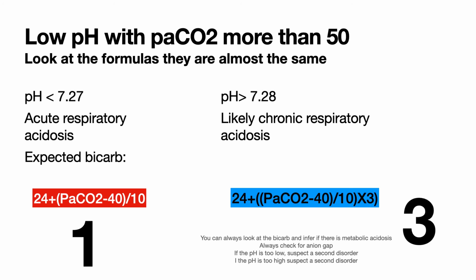And then the second one, you multiply by 3, the PaCO2 minus 40 divided by 10 by 3, because the kidney does have more time for compensation. Of course, there are